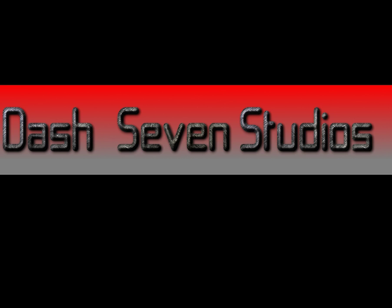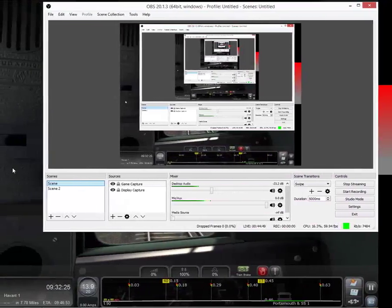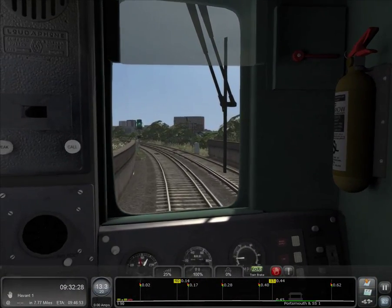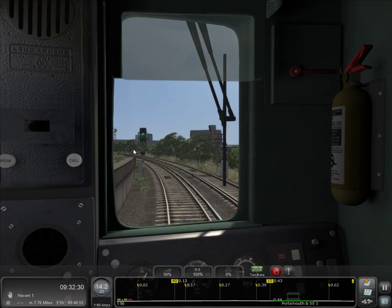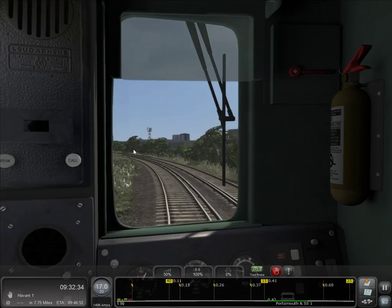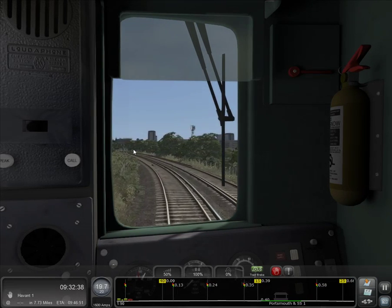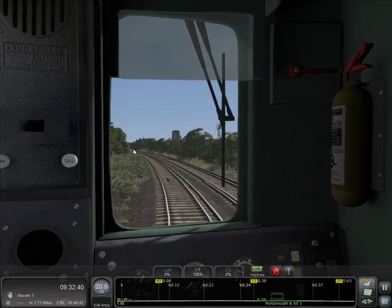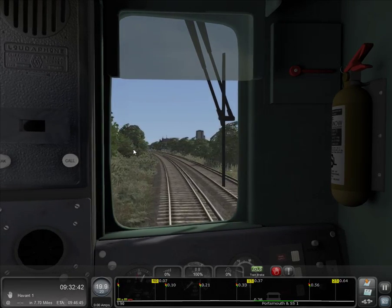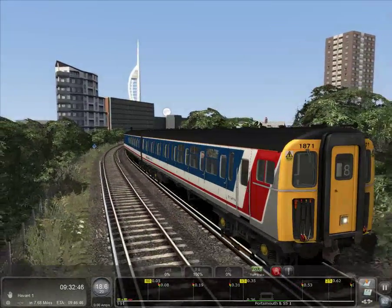Yes, I know, we're speeding. Oh, crap. Oh, man. Sorry about that, folks. I hit the wrong button again, and I changed the scene over to just audio. I apologize for that. I gotta remember to not do that, because the buttons I have set up for the stream controls are also the same as ones you can use for camera views in Train Simulator, so...